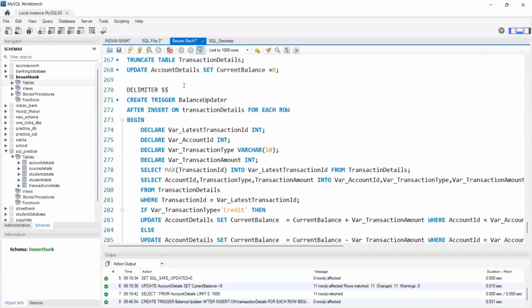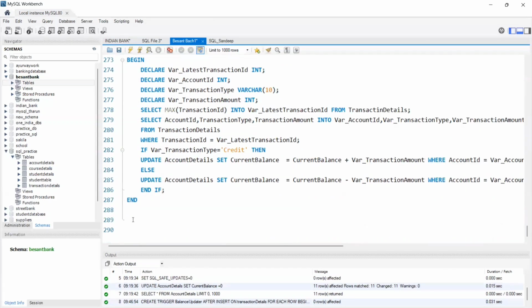After completing your trigger query, don't forget to change your delimiter back to semicolon. Right? Delimiter and use semicolon. Trigger is completed. After that, you have to change back your delimiter to semicolon. After completing every query, we have to give semicolon only, right? We will change our delimiter back to semicolon. After that,